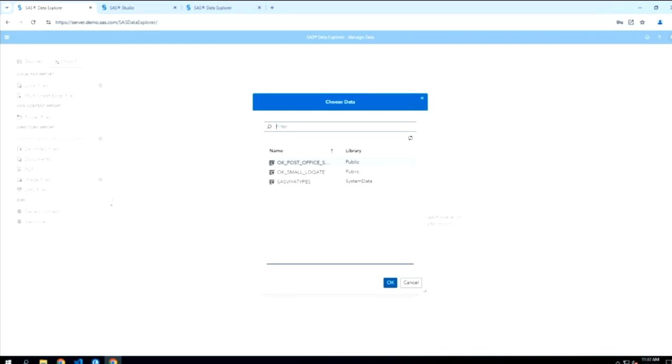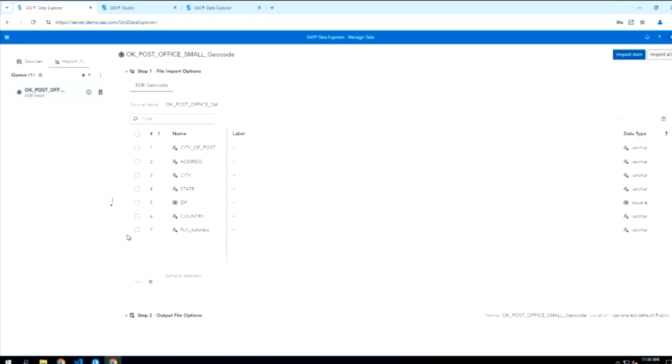And now what we'll see is I have the option to choose what table I want to geocode. And here it will show you all of the in-memory CAS tables that you have. So the table that I am going to geocode is this OK Post Office Small. That's the table that was from my Visual Analytics report. So I'm going to select that. I'm going to click OK.